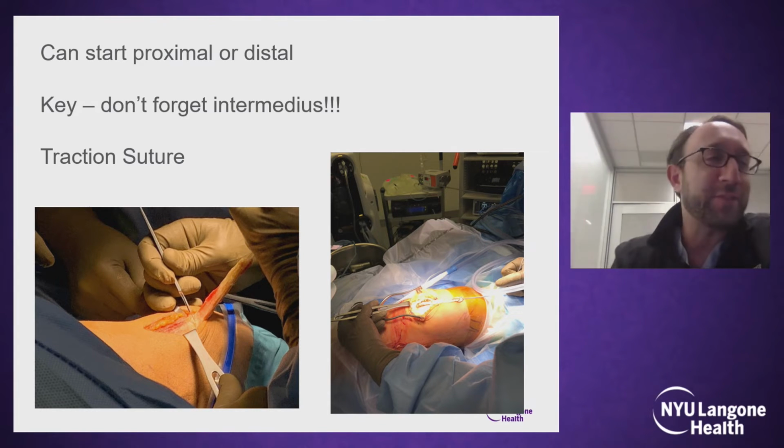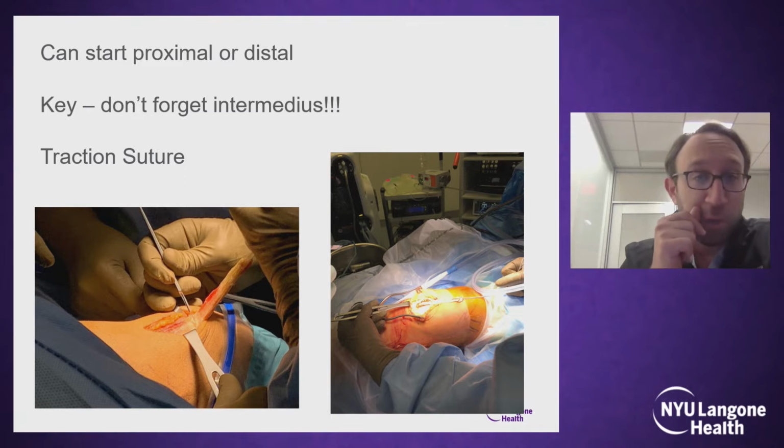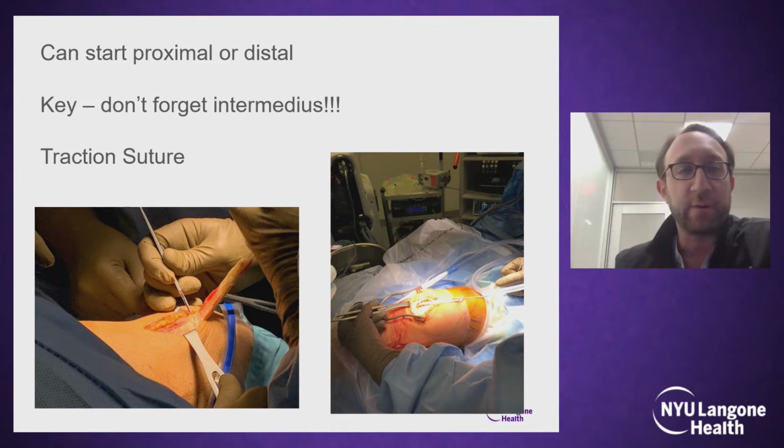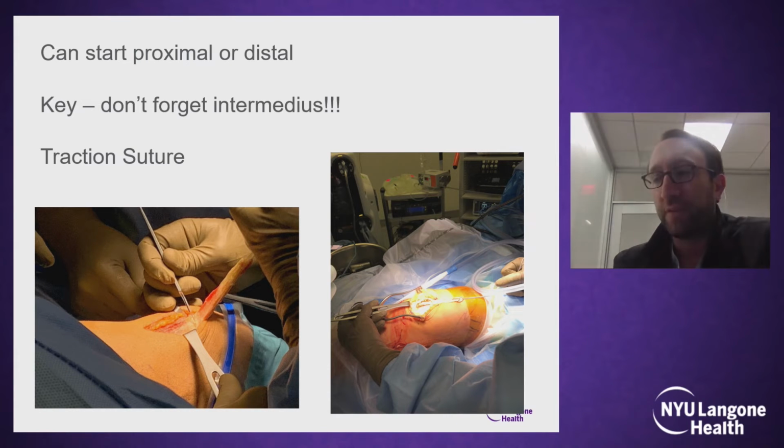In terms of where you're harvesting from, you can either start this proximally or you can start it distally. It really doesn't matter. For me, I like to start it proximally, but the key here, if you're going to go full thickness or if you want to get as robust of a graft as possible, is not to forget the intermedius. What I like to do is put a traction stitch at the top of the rectus femoris, including the intermedius. That way I have something to pull up on as I'm harvesting the quadriceps right off the